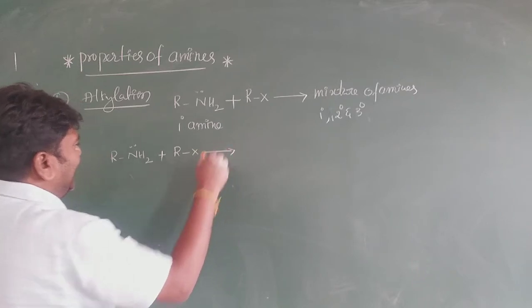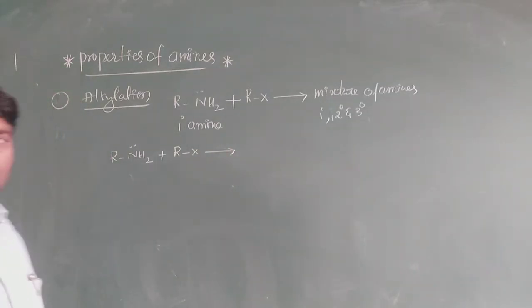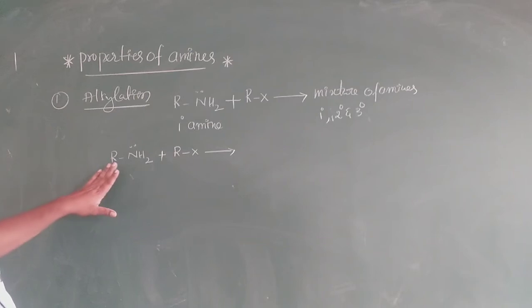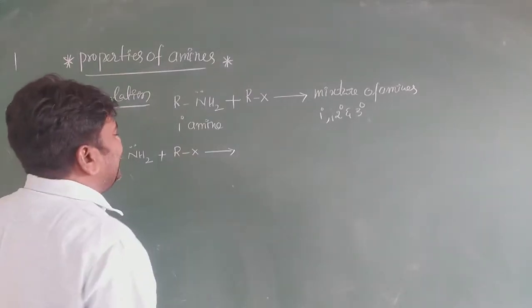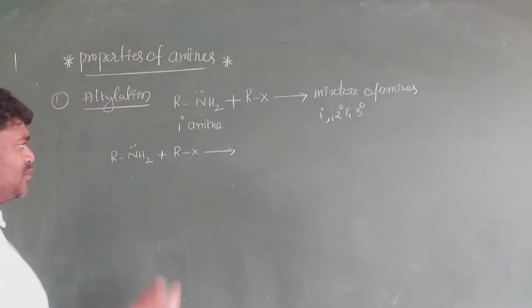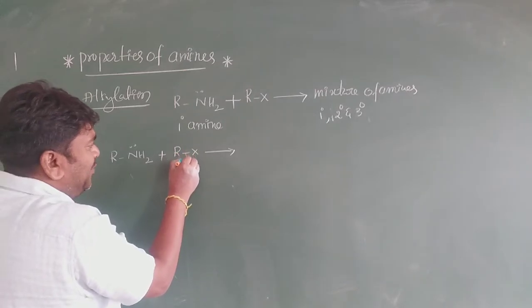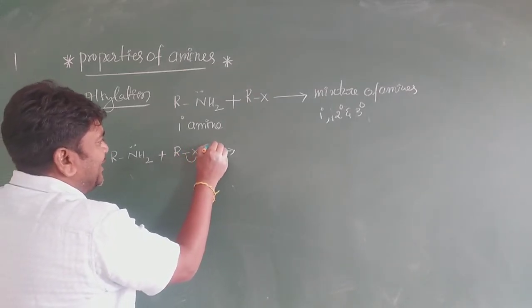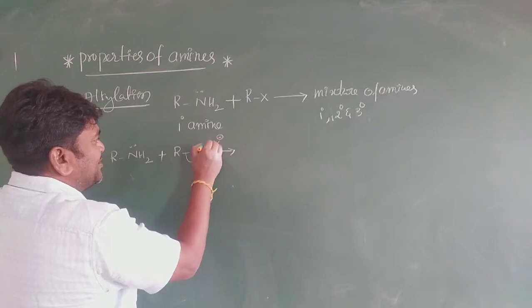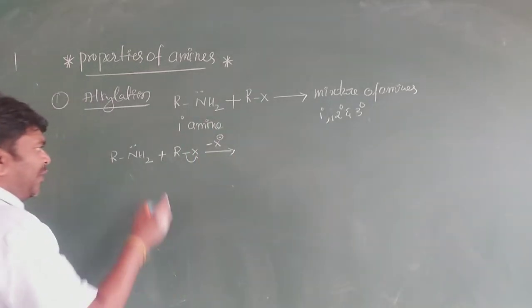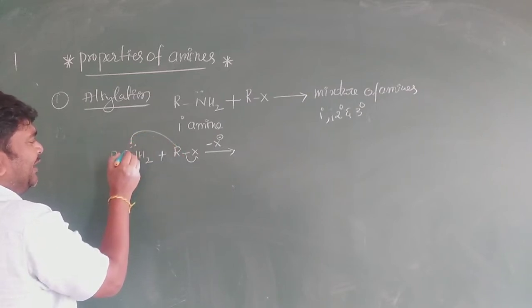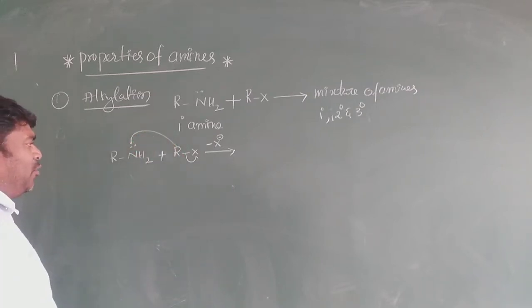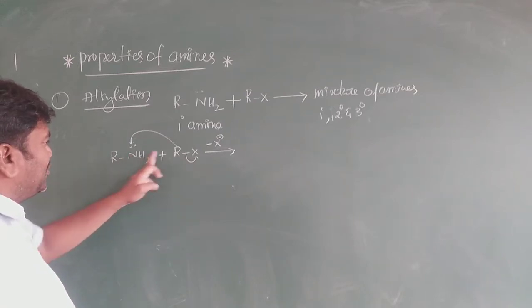See here. According to Lewis acid-base theory, amines are bases. It contains one lone pair. In RX, the halogen is a good leaving group. So these two electrons are gained by X. It is eliminated as X minus. Next, this R group attacks here. These two electrons are involved in the bond formation between nitrogen and R.